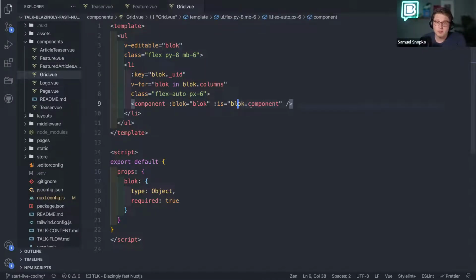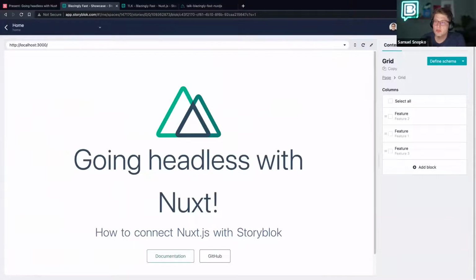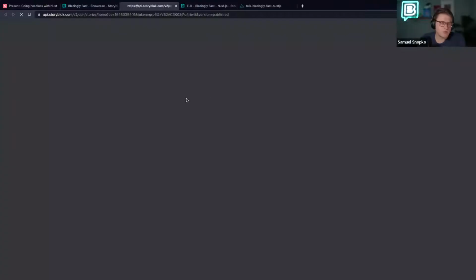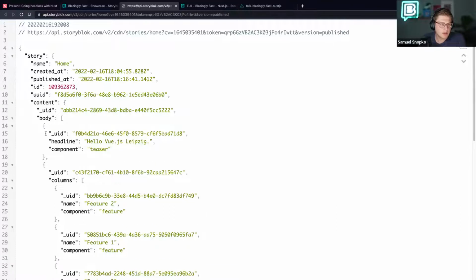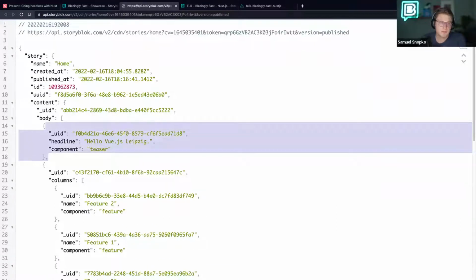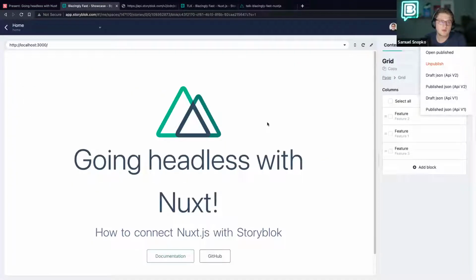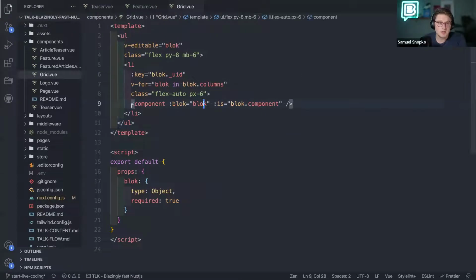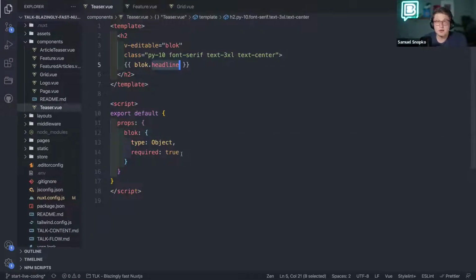So here blok.component basically returns the value you could already see in the JSON I showed you. In the case of the teaser, this is the blok.component, because this whole object is the block. And then this whole block we will send down to the Vue component. So here we decide, okay, you are a teaser, so let's render this teaser. And as a block, you will send that original block, so you will get the headline in it too,